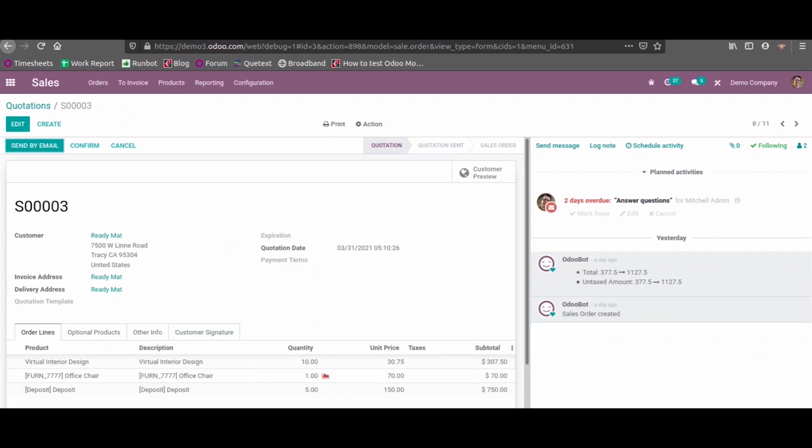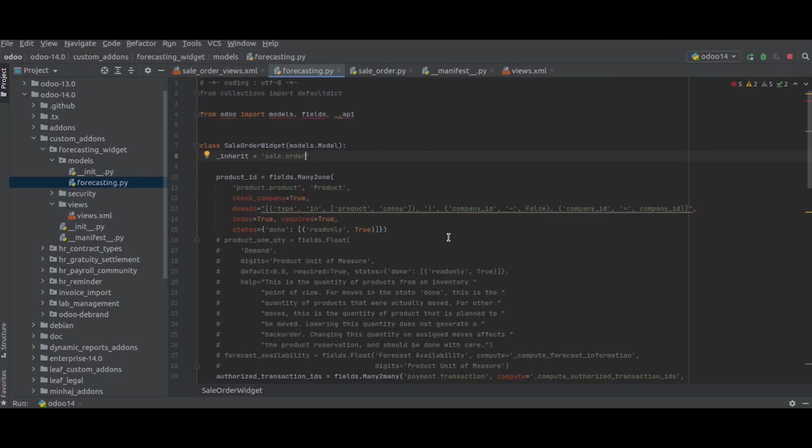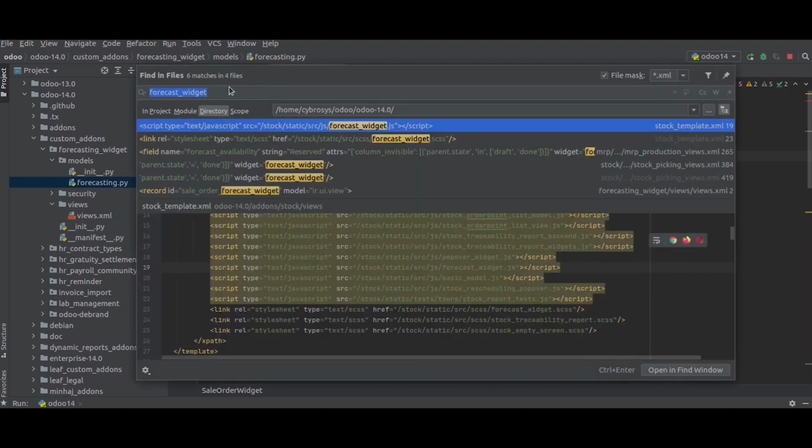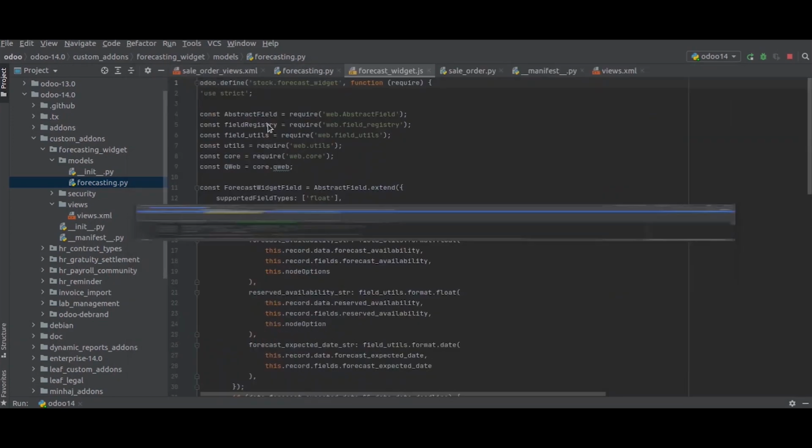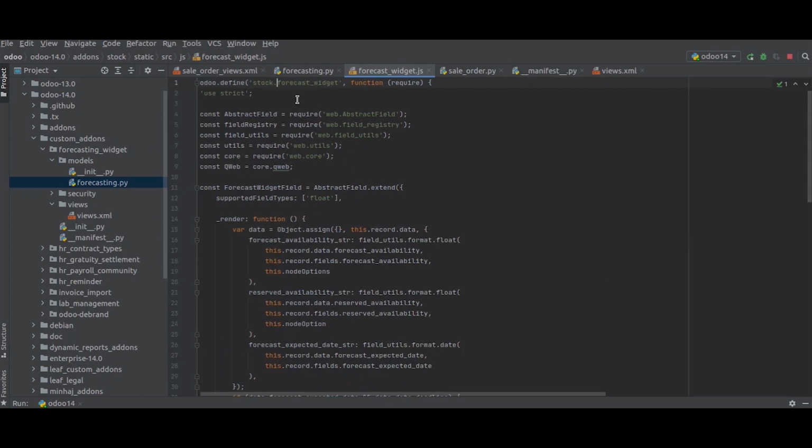If we come to the backend, inside PyCharm, and search for the forecast widget, we can see the JS where we have defined this forecast widget, which comes under stock. So basically, if we install the inventory module, we can make use of this widget, because it is defined inside the inventory module, that is stock.